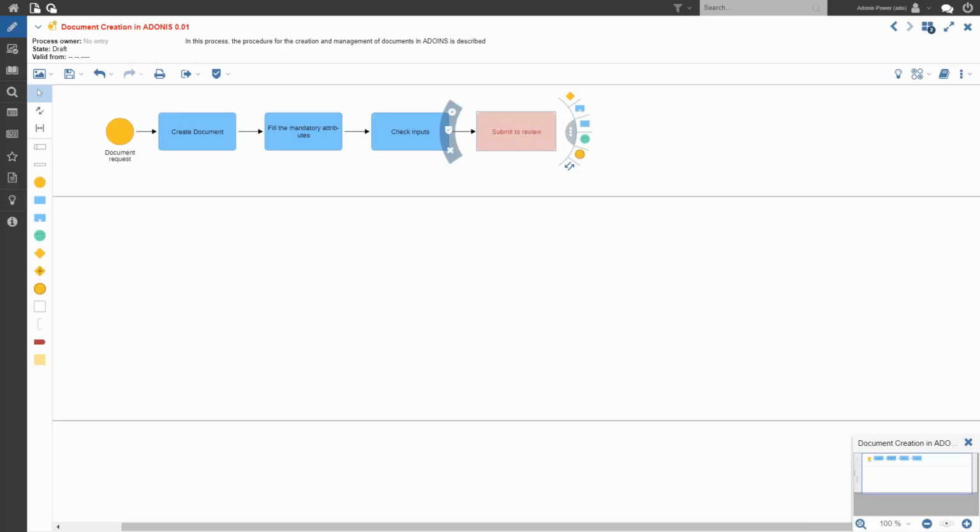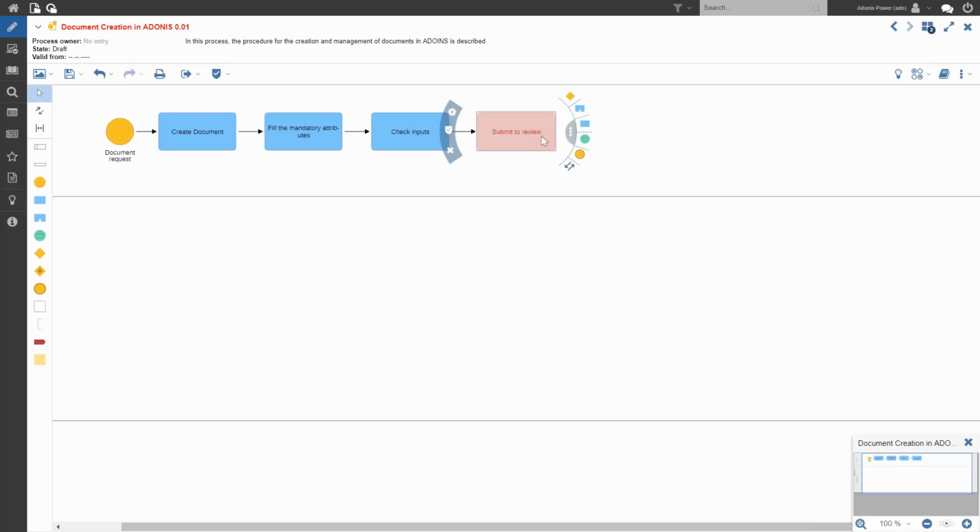So really quite quickly, you'll see with the SmartHover function, you can really begin to model your process quite quickly. It allows you to just enter the name as you create the task, and you can see that the relations are created for you as well between the tasks in our process.